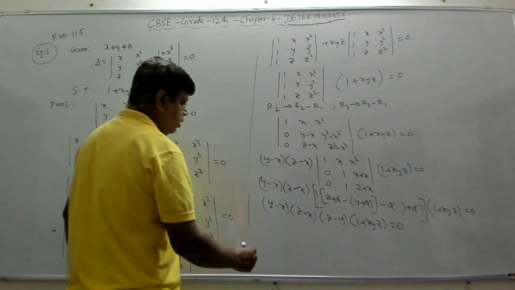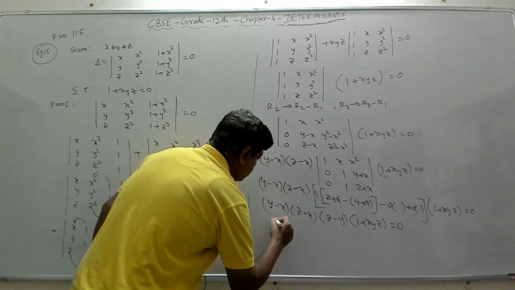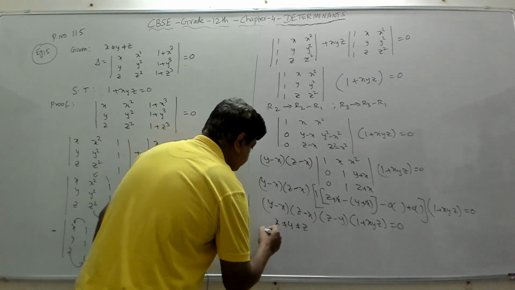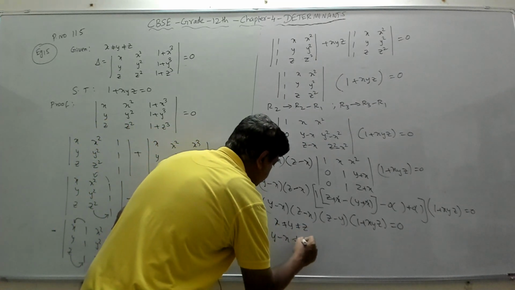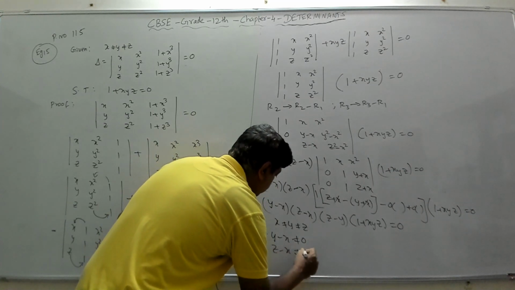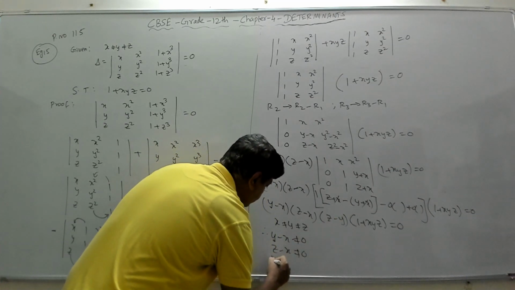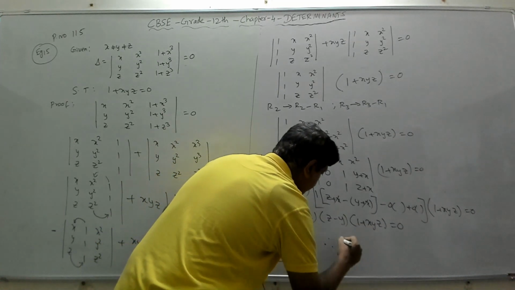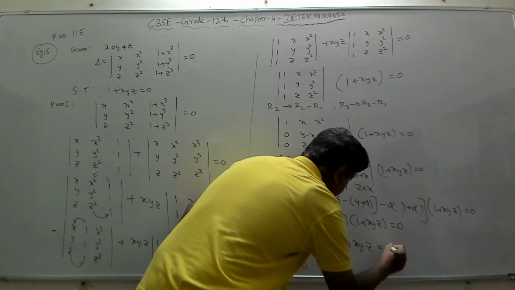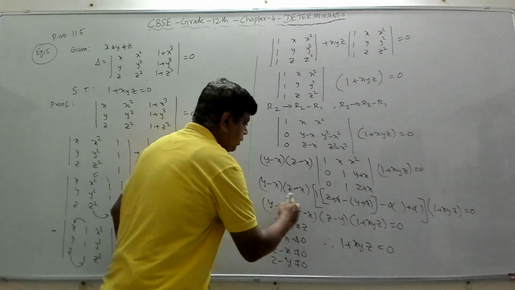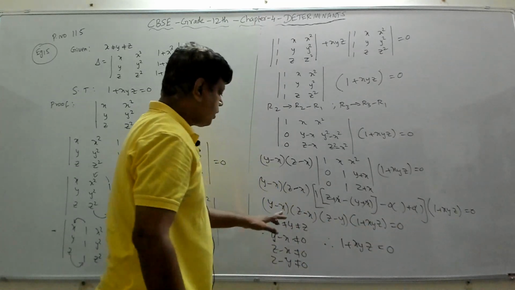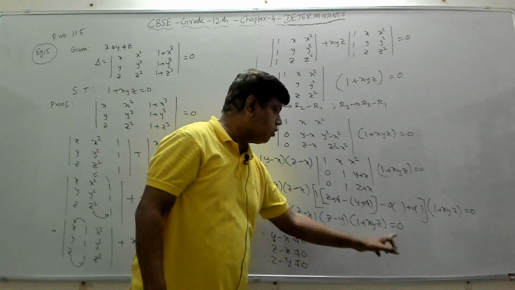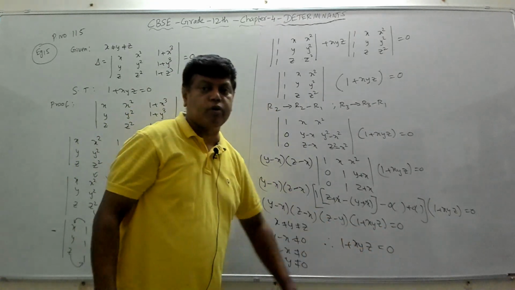Fine. So what are we going to say? We are going to say x not equal to y not equal to z. Therefore, y minus x not equal to 0. Z minus x is also not equal to 0. And z minus y is also not equal to 0. Therefore, we get 1 plus x, y, z equal to 0. Therefore, this has to be 0. Only then the product is equal to 0. The product of 4 numbers equal to 0, but 3 numbers are not equal to 0, which means the 4th number must be equal to 0. So, we have proved 1 plus x, y, z equal to 0.